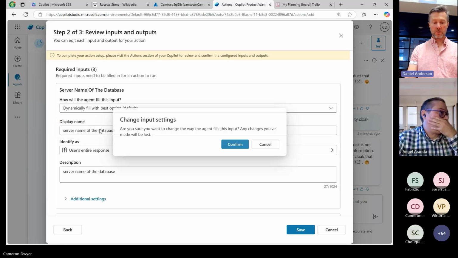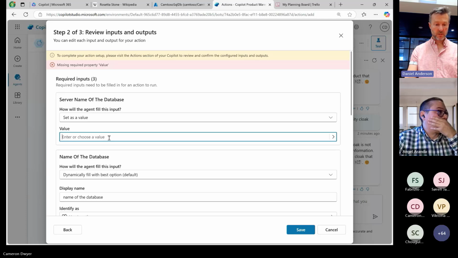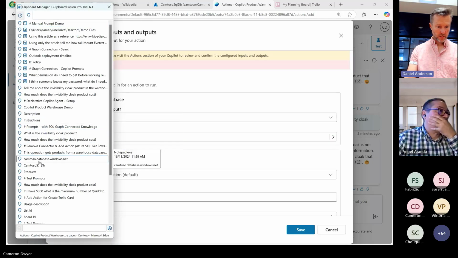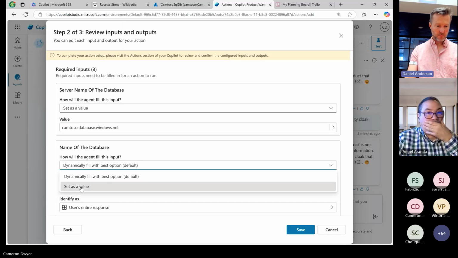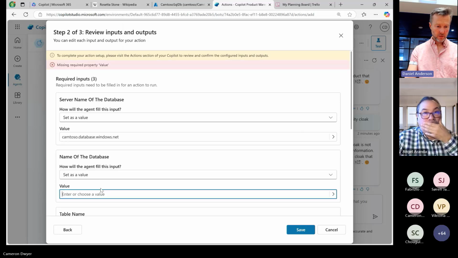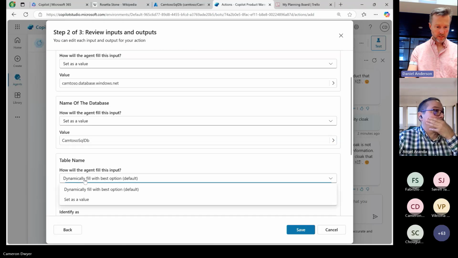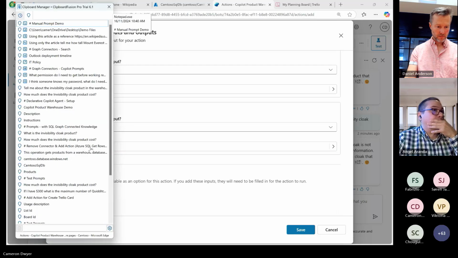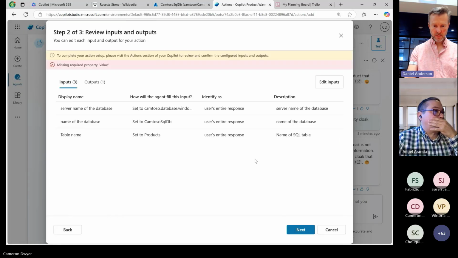So we really want to pretty much just hard code those. We're not expecting the user to give those to us in the prompt. So the name of the server, I've got that here. The name of the database, again, not something that we'd expect the user to tell us. So we will provide that. At configuration time, that's the name of the database, and the name of the table, the same. We don't want to bother the user about telling us that. Okay, let me save that.